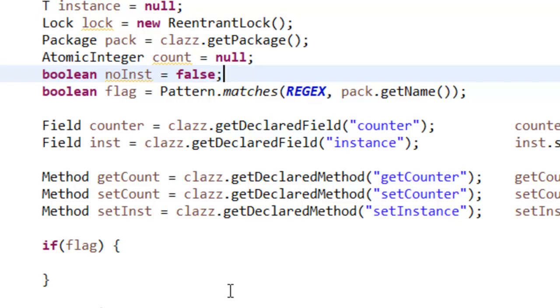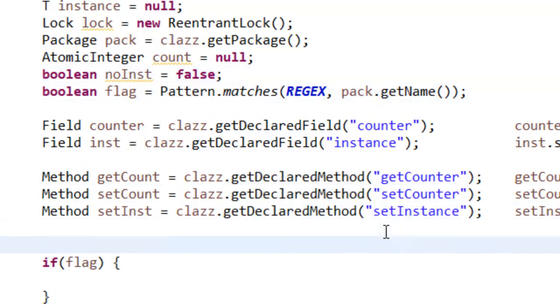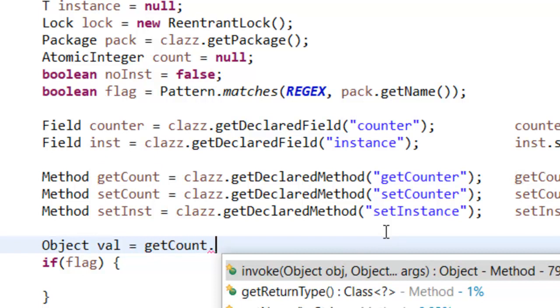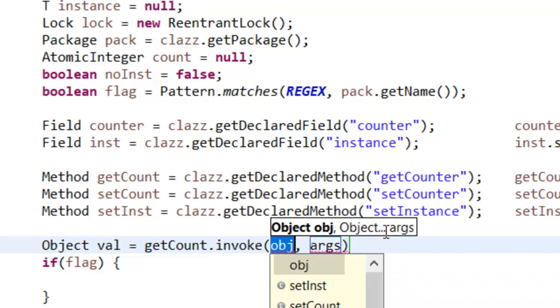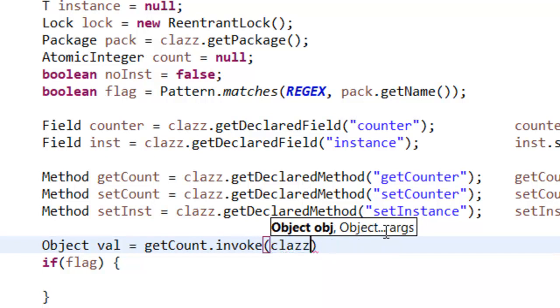Now the thing is, we should get the value of the counter. So what exactly the initial counter value is. For that, I will get one object val equals get count dot invoke. I need to invoke this method, and this will take a class. Which class do we have? So we have the class, and there are no arguments to be passed,